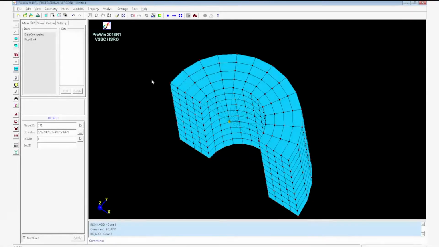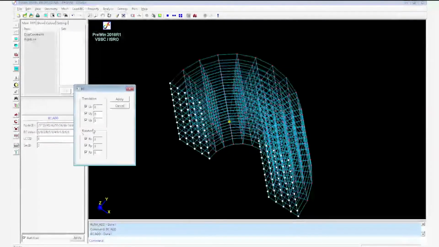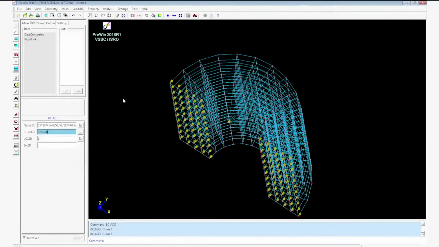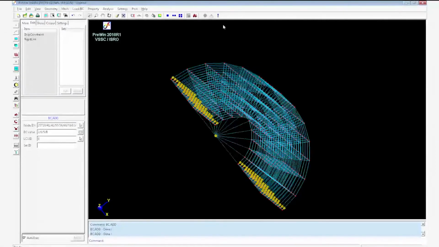Click Fill View, it will highlight the elements. Now you have to apply the symmetric boundary condition. For that, go to Displacement Boundary Condition, pick isoface and click on the face to select all the nodes on that face and arrest only the UY degree of freedom.